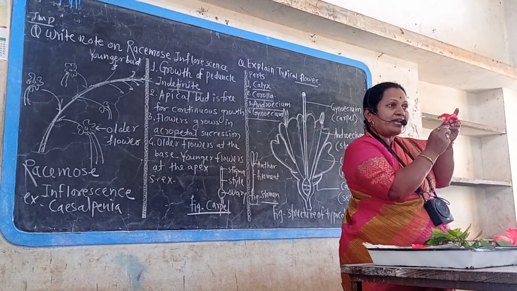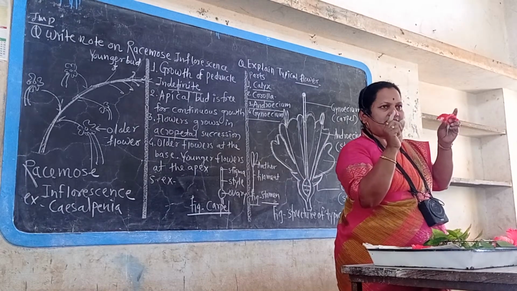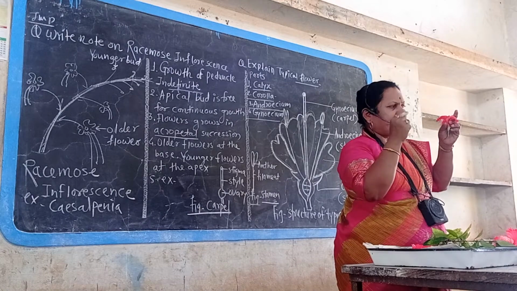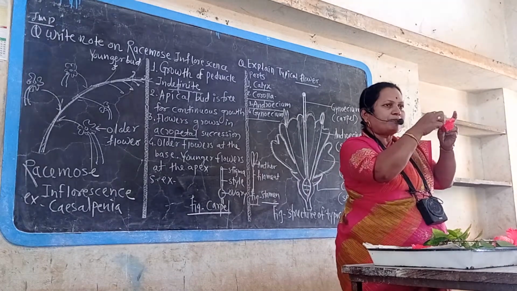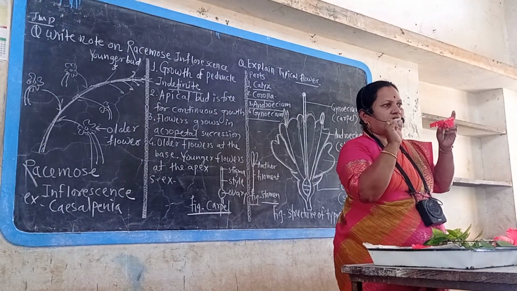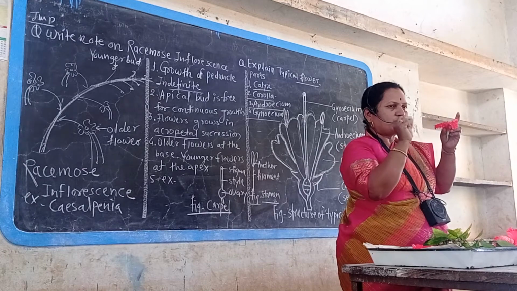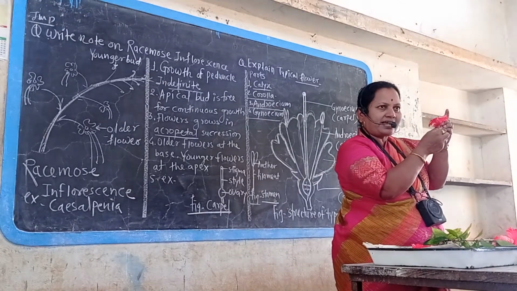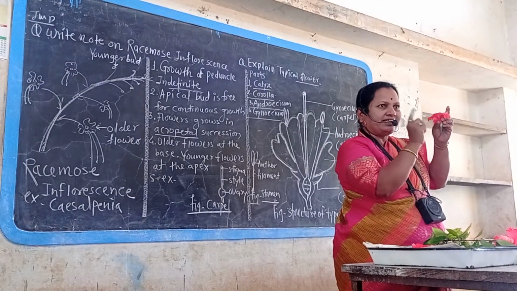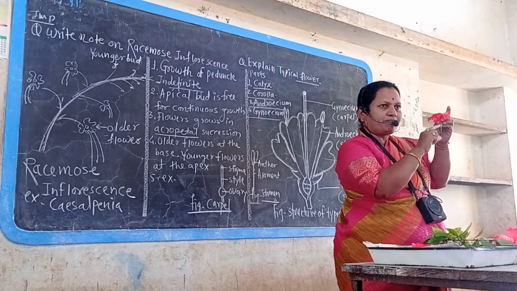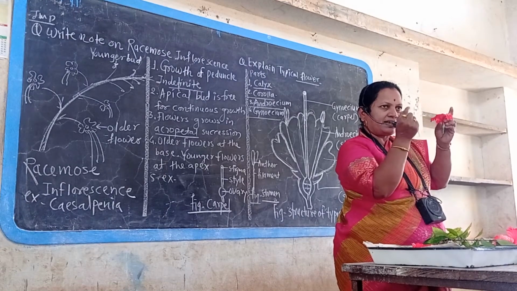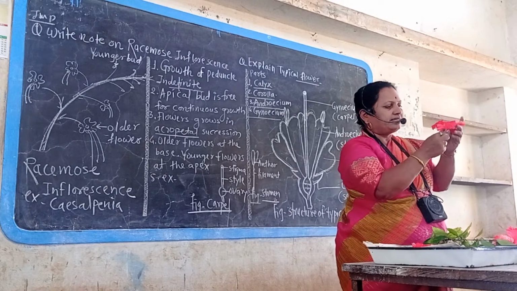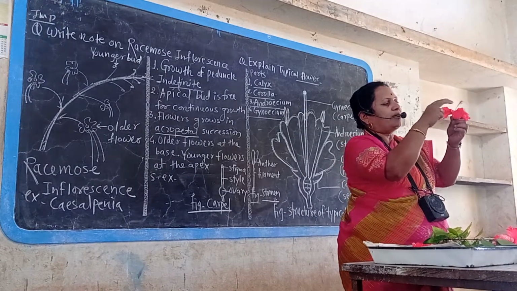What is the function of calyx? First function, green in color, there for photosynthesis. Next function, protection of inner parts of the flower in bud condition. कळीच्या अवस्थेमध्ये फुलाच्या आतील भागाचे संरक्षण करण्याचे काम कोण करतं? कॅलिक्स. This is first whorl, that is the calyx. Individual part, sepal. Single part ला calyx काय म्हणायचं? Sepal. Then next whorl, that is called as corolla.